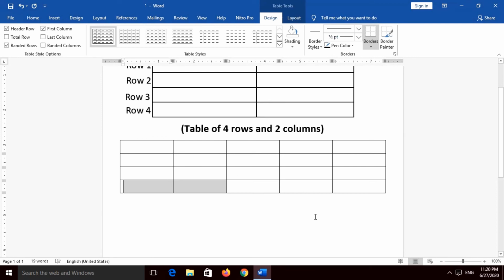That means a table of 5 columns and 4 rows is created. Now this is the way we can insert a table using the table menu given in the insert option. So till now it is clear, I think, my dear students, how to create a table.